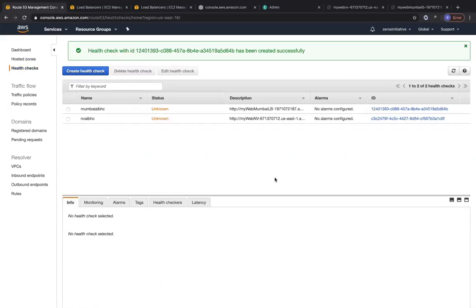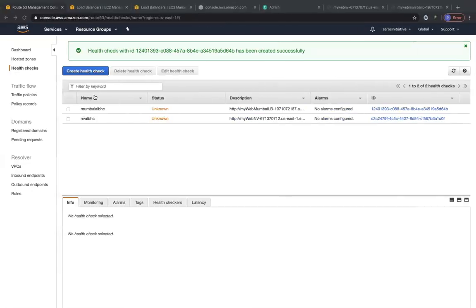Now you can see both of these health checks are in unknown status, but if you wait for a little bit of time, both of them will come to the healthy status, right? So we'll just wait for some time. In the meantime, let's check whether this weighted routing policy is resolving to Northern Virginia. Beautiful. It's now going to Northern Virginia and it's going to stay there for some time. Then it's going to go to the Mumbai region after we wait for the TTL to expire, which is 60 seconds and so on, right? So this website 4 right now is our weighted routing policy.